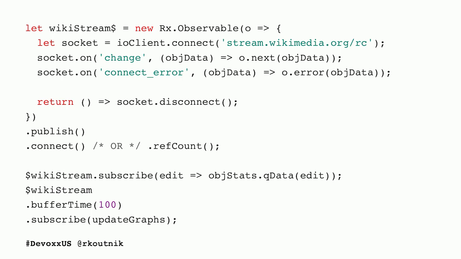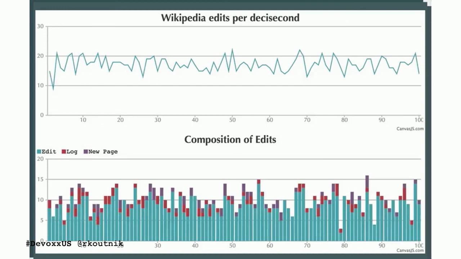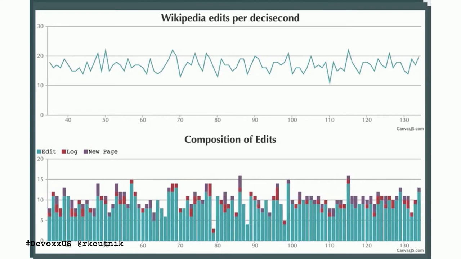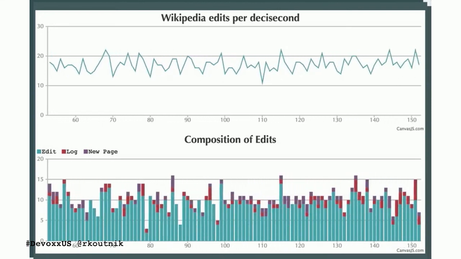And all of this code and all of this explaining gives us something that looks like this. And we can see all of the Wikipedia edits as they happen. And the graphs, as you notice, are only updating once every 1/10 of a second instead of as everything goes along. So a quick summary here, because I understand hot and cold can be difficult as a more advanced concept, especially if you're just starting out. A hot will allow you to split a single connection. A cold will allow you to retry, if you will.